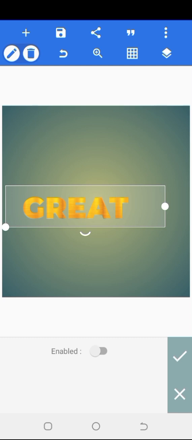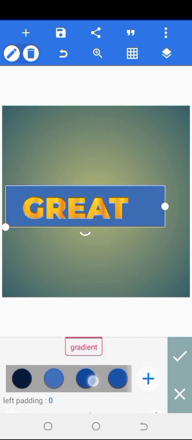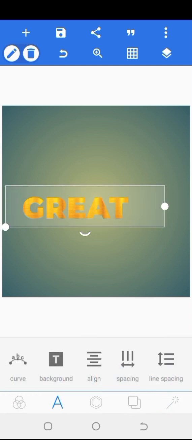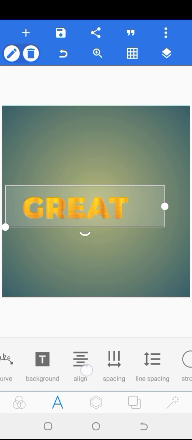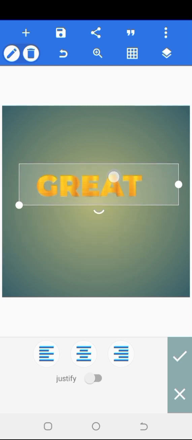Then we have background. You can make a background for your text as well. You see, you can make a background for your text as well. Okay, let's undo the background. Now align. So like in Microsoft Word, if you want to just make something in the center,